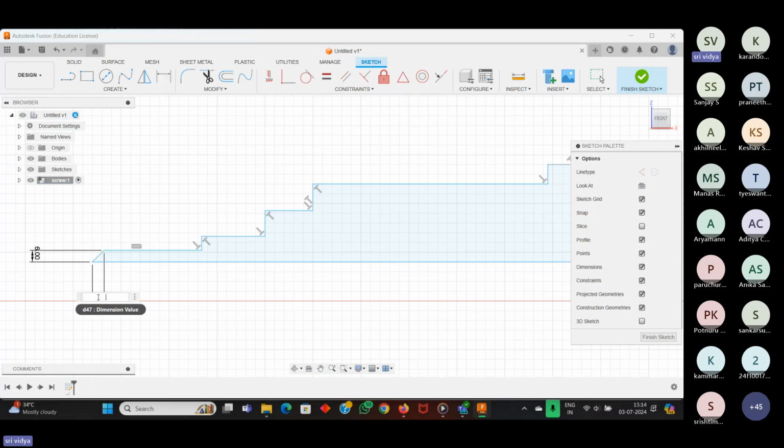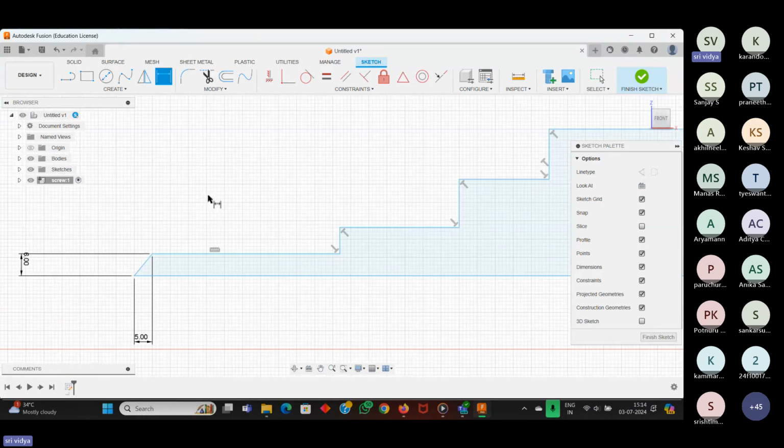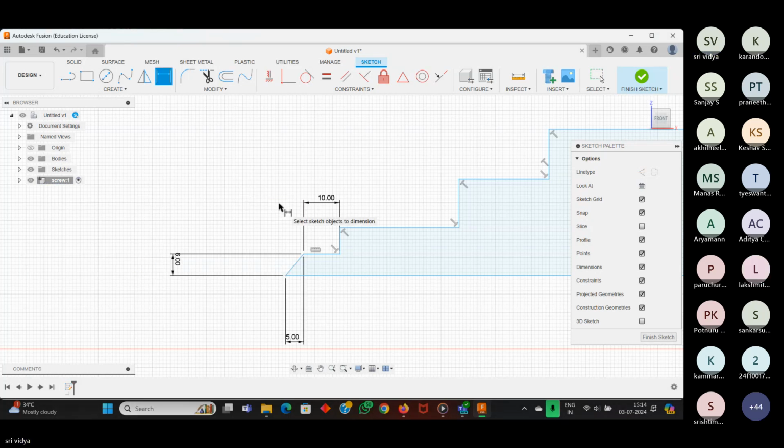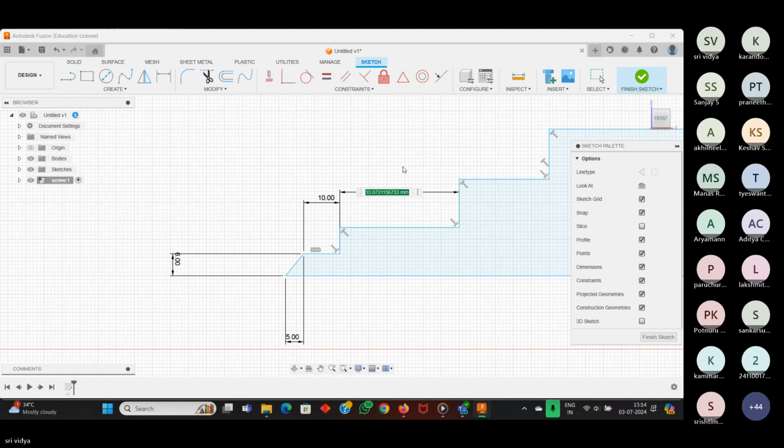This is supposed to be 5, so I'm just putting 5. Again, I'm just making sure I don't want you guys to click on this line. I want you to click on the white dots and then go for the dimensions. This length is supposed to be 10 and this length is supposed to be,